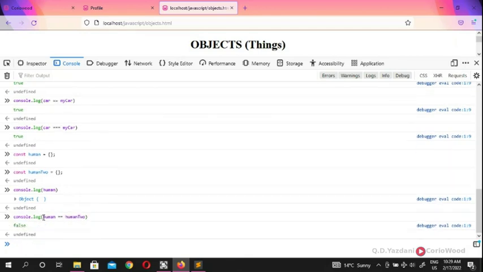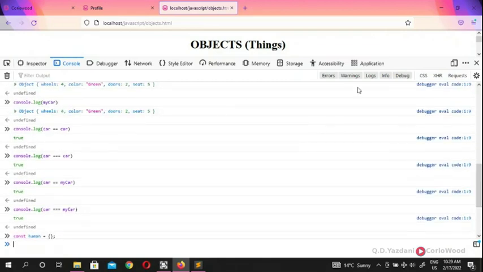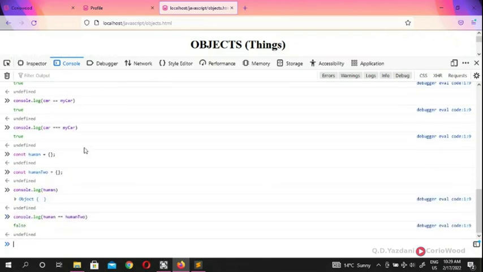And you guys are going to see, even though it's empty, it returns false. So the difference between this car, because it has 4 properties, it matches here, and if you look here, human 1, which is empty, and human 2 is also empty, and we're looking at these empty objects, and when we compare them, human to human is false. So how about if we compare the human to itself, the empty object to human,